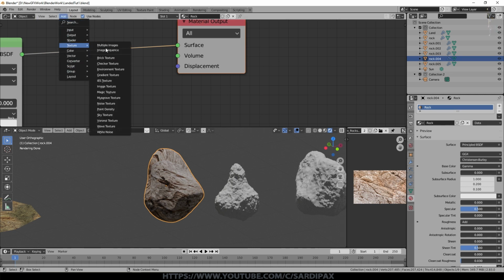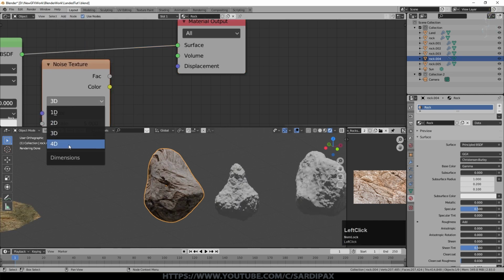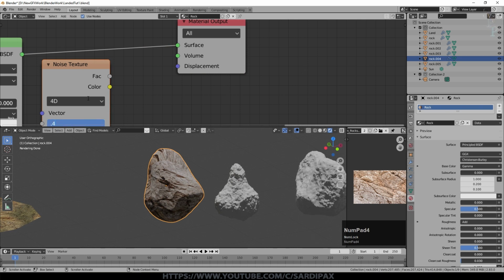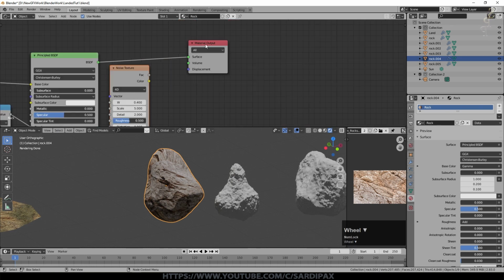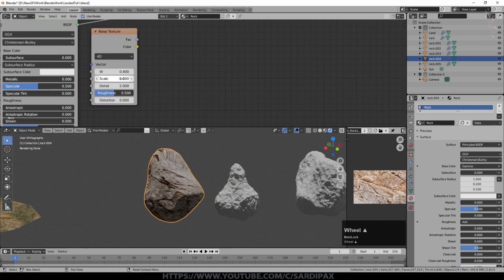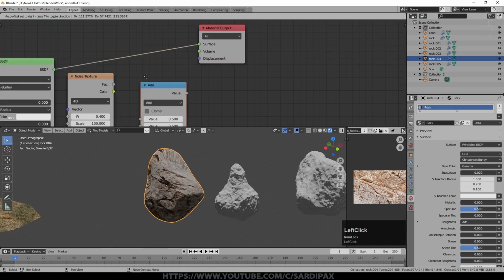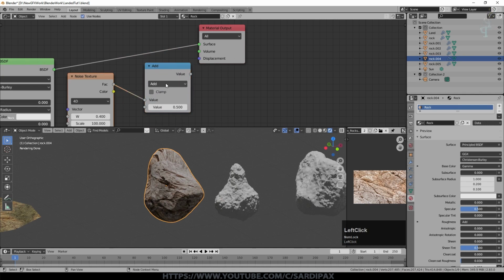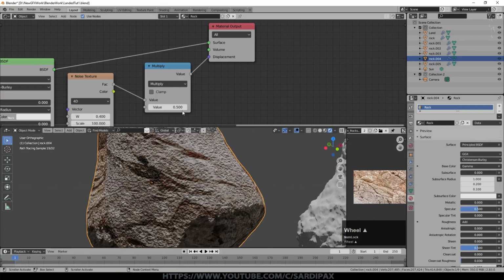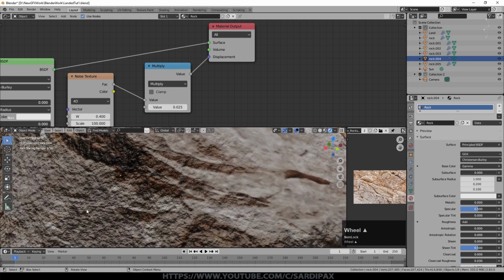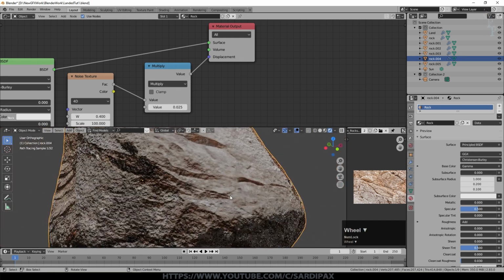So I'm going to add a texture which is a noise texture. We'll set it to 4D. I had a W value of 0.4, so this just sort of shifts how that's working, where it is in its noise values. I had a scale of 100, detail at maximum, roughness and distortion at defaults, then add a converter, which is a math node, factor out into the input of the math node, and then set that to multiply and take the output into displacement. And then, because it's a bit extreme for an object this size, I set the value to 0.025. So now you can see we've just got a very subtle surface noise, almost like it's a sandstone.